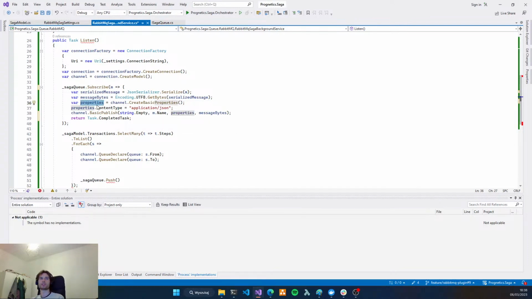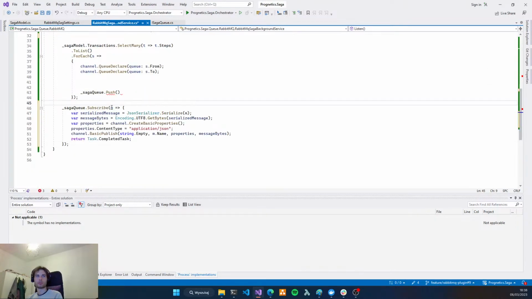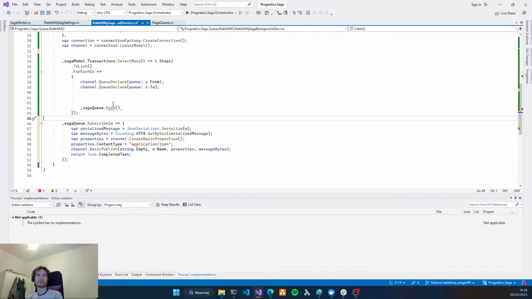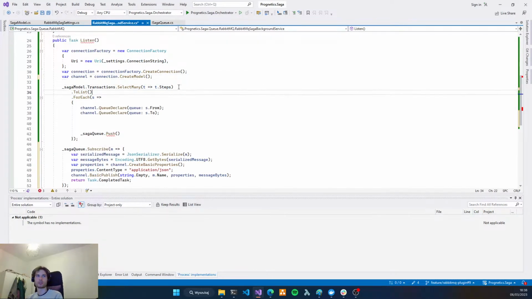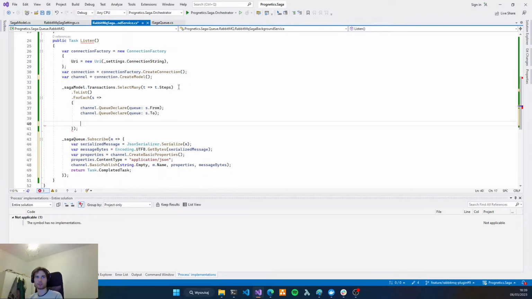We create basic properties and publish the message, and we declare this name here, because we can move it below to be sure that we will first declare this queue and then subscribe. So let's implement receiving the message.